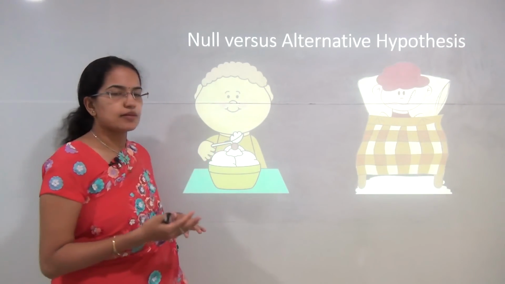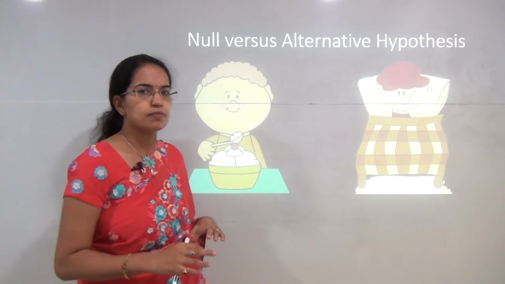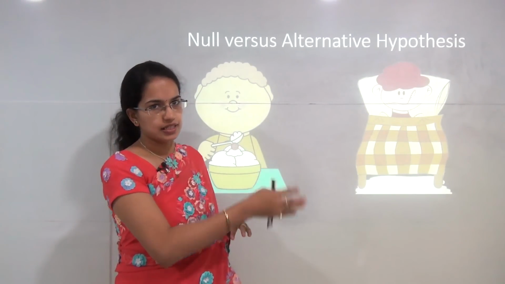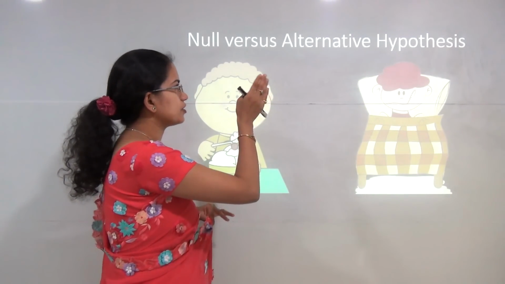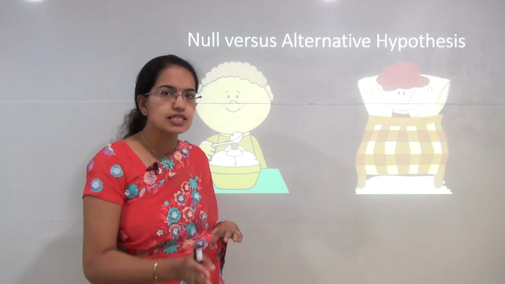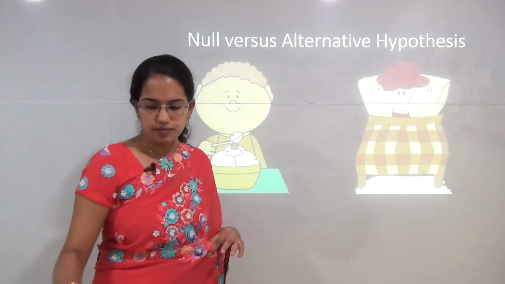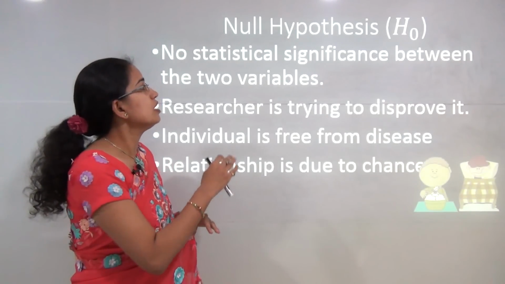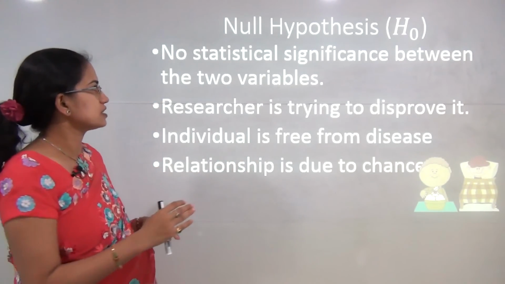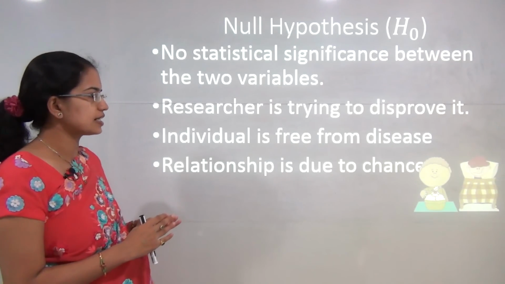So what does the null hypothesis say? The null hypothesis establishes that there is no relationship between eating ice cream and running a temperature. On the other hand, you will have the alternative hypothesis that would say there exists a relationship between eating ice cream and running a temperature. Now, to elaborate further, in the null hypothesis we can say there is no statistical significance between the two variables that are used.